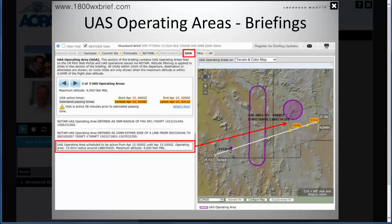But I might be looking over my left shoulder every now and then out of curiosity as I'm flying a beam it, because you're going to tell me there in those yellow boxes what time I'll begin to be a beam that circular area, that UOA, and what time I'll cease to be a beam it. Yep. Exactly. All right. So that's just a highlight of some of the capabilities we have for UAS